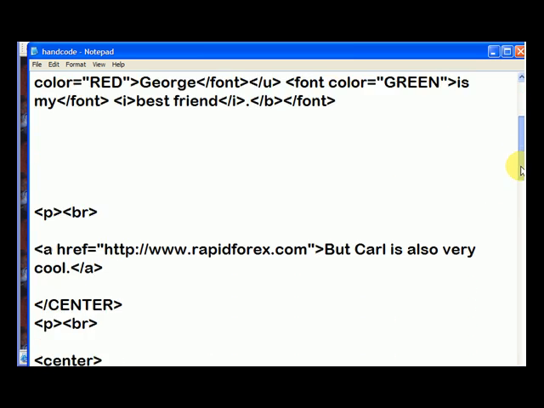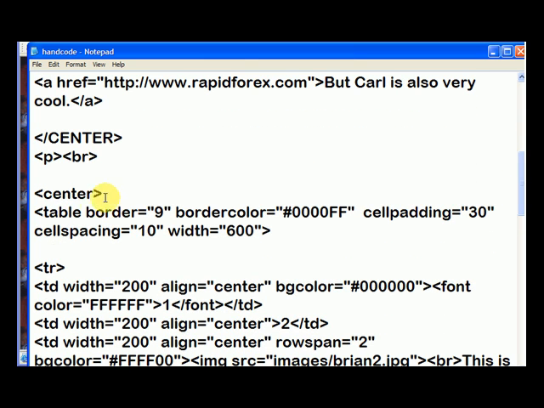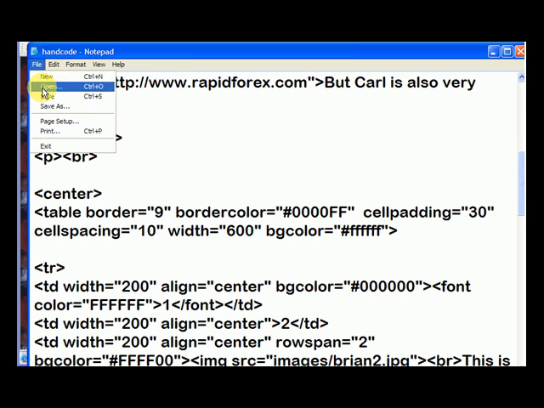So if we scroll down, here's where we created our table. See? Table. Okay, we've got all this stuff, and the way to change the background color is we just put another attribute in there, and this is called bgcolor equals, and then we put our quotations. You can use the color chart, but I happen to know that white is just F's, so let's count. 1, 2, 3, 4, 5, 6. So it's FF, FF, FF. And if we go to File, and we hit save,